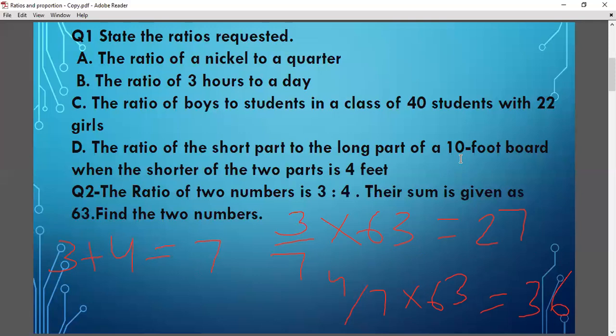So you should remember, whenever any total value is given, you need to multiply that value with the fractional part. It will give us the part value. And if the part value is given, you need to take the total value as x and then proceed. So the form of equation will be like this. According to the question, whatever is given in that particular question, you need to find the answer.